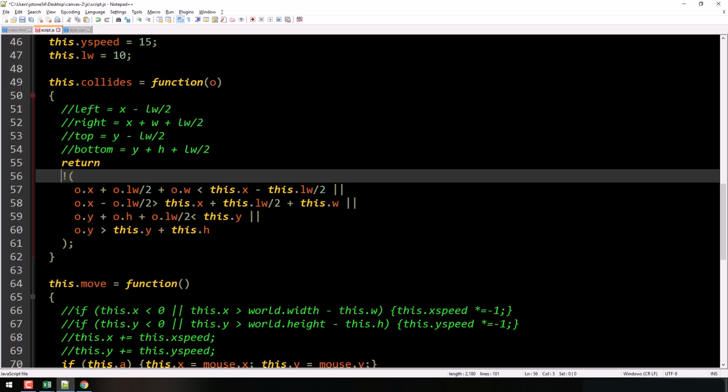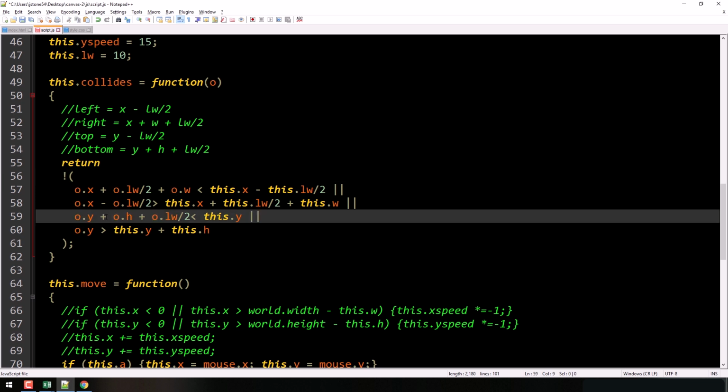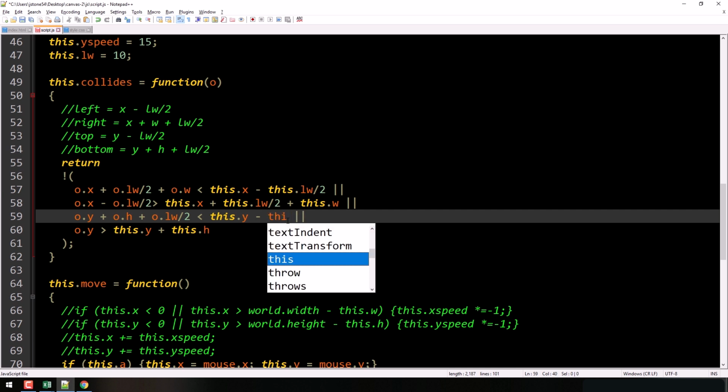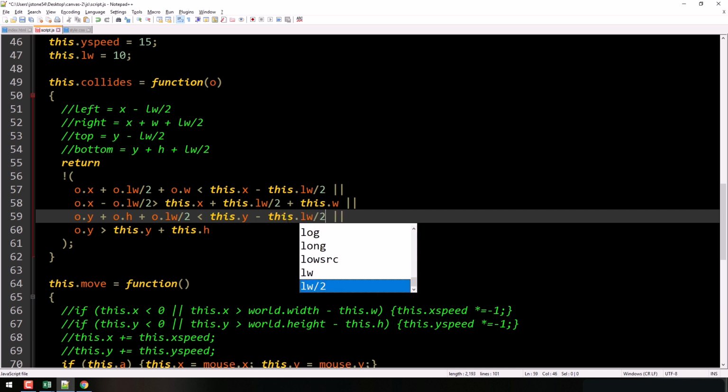So let's finish looking at the Y's here. So this particular Y of the other object, the O object, I'm looking at Y, which is the top, plus the height. That means I'm now at the bottom, plus half of the thickness of the line. That means that I'm outside on the edge of the border. If that's less than Y, well, what's Y? It's just the top. But I need to subtract out those 5 extra pixels there, by 2, right?